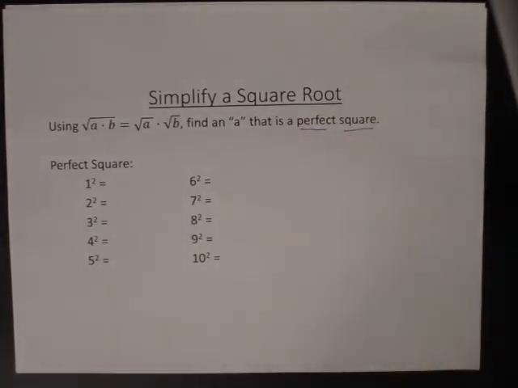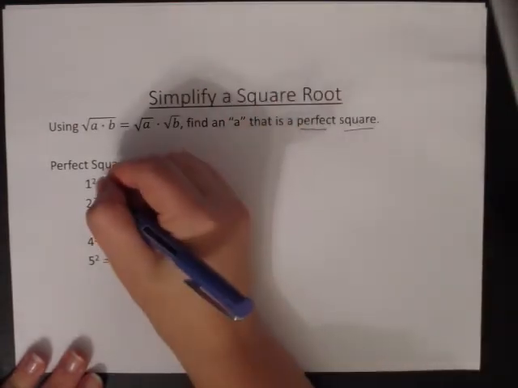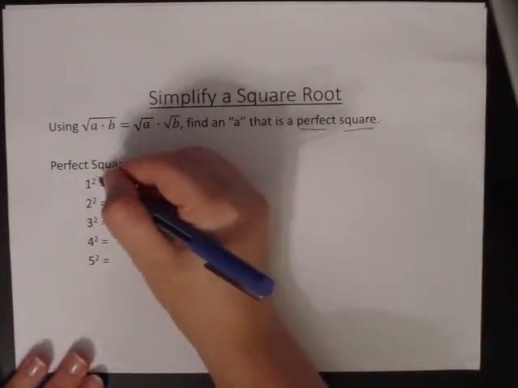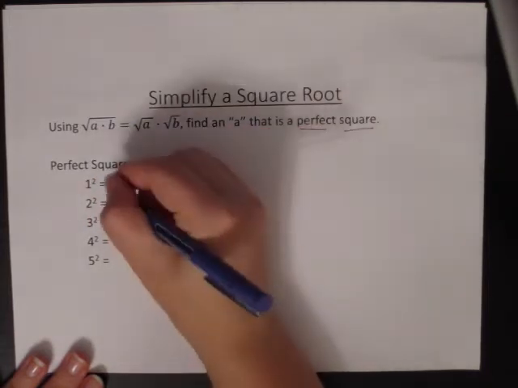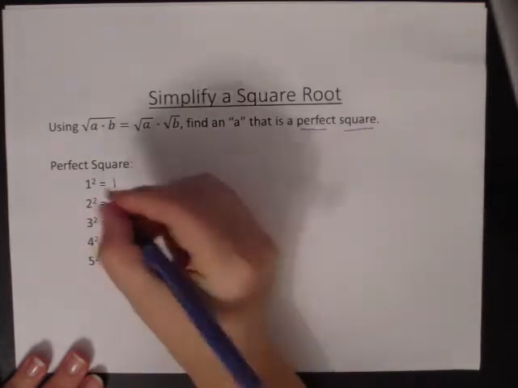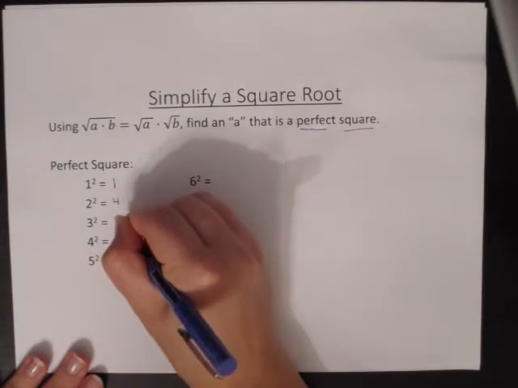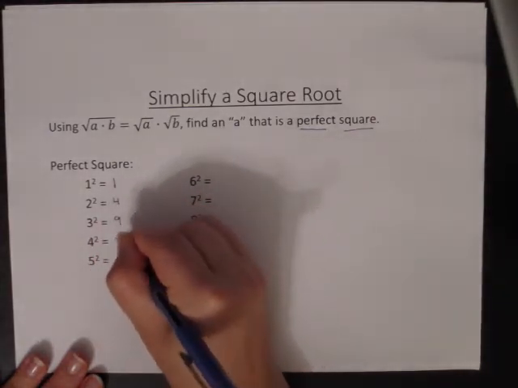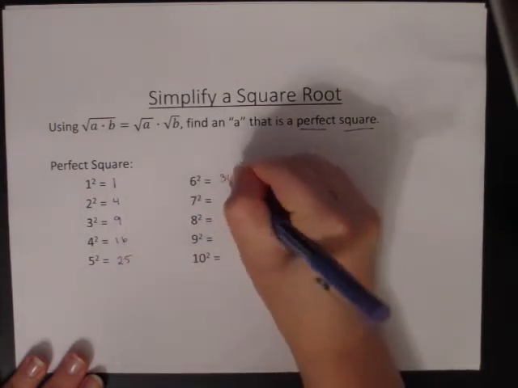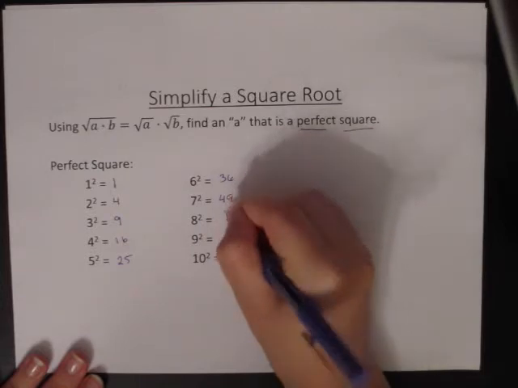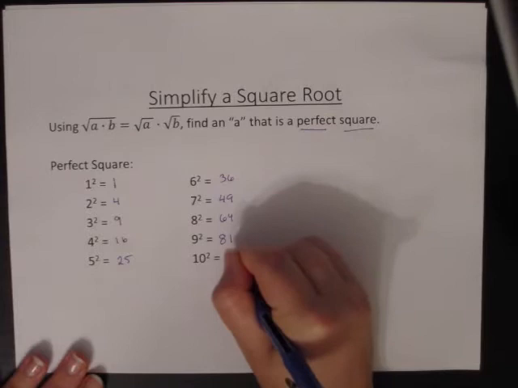I would highly suggest that before you start this homework assignment, you write your perfect squares up in the top margin. To find the perfect squares, you just use your calculator: you can go 1, then an up arrow 2, or you could go 1 times 1, which is 1, 2 times 2, which is 4, 3 times 3, which is 9, 4 times 4, which is 16, 5 times 5, which is 25, 6 times 6, 36, 7 times 7, 49, 8 times 8, 64, 9 times 9, 81, and 10 times 10, which is